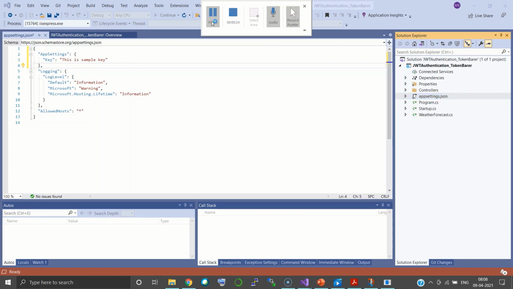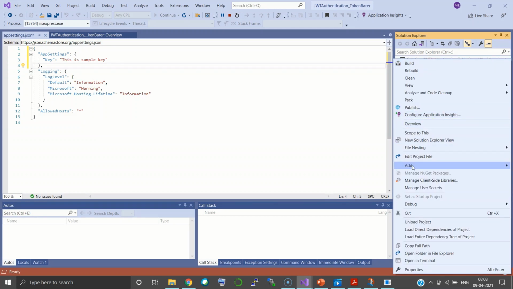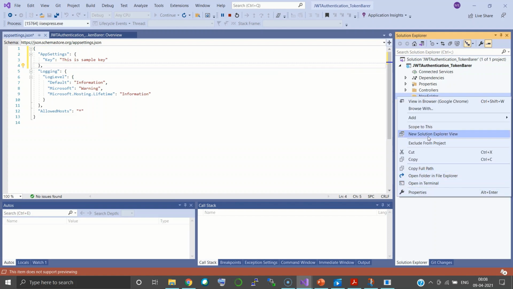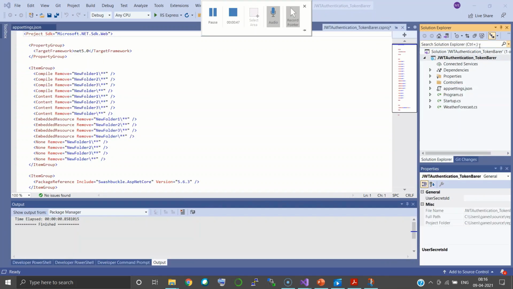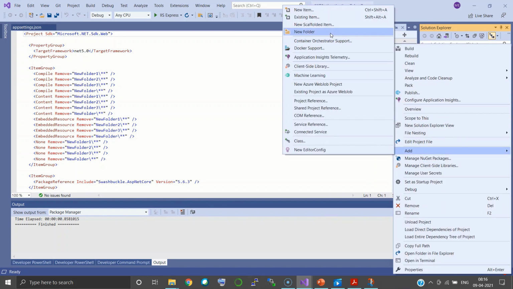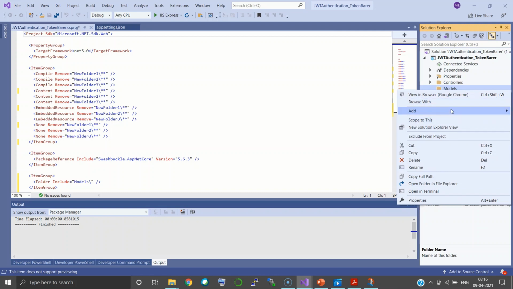For that we have to create a new folder called Models. We right click, go to Add, and go to New Folder. Here I'm adding a new folder which will be named Models, and in this Models folder I'm going to create a class.